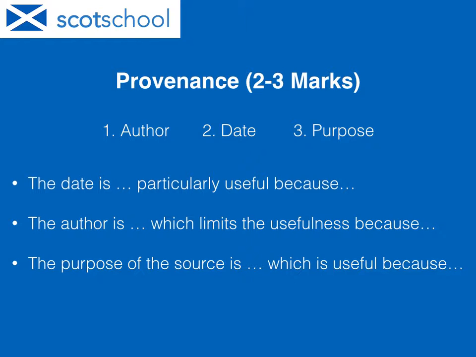A good way of doing this is using the framework provided in the bullet points. So just say the date is such and such, which is particularly useful because, or the author is such and such, which limits the usefulness because. And by doing this, you're directly answering the question and making sure that you're securing the